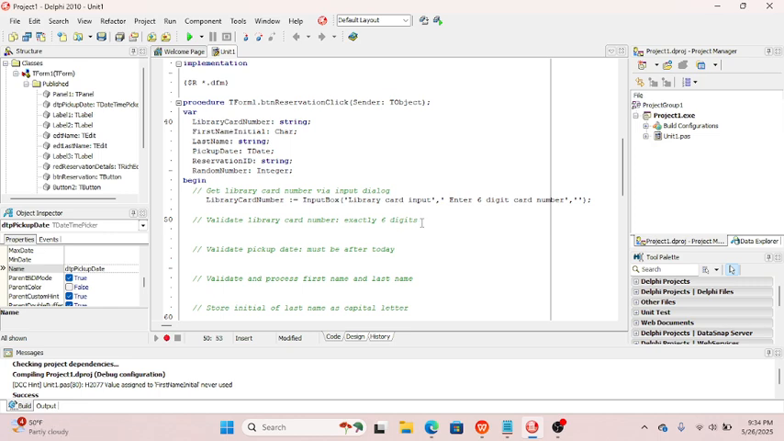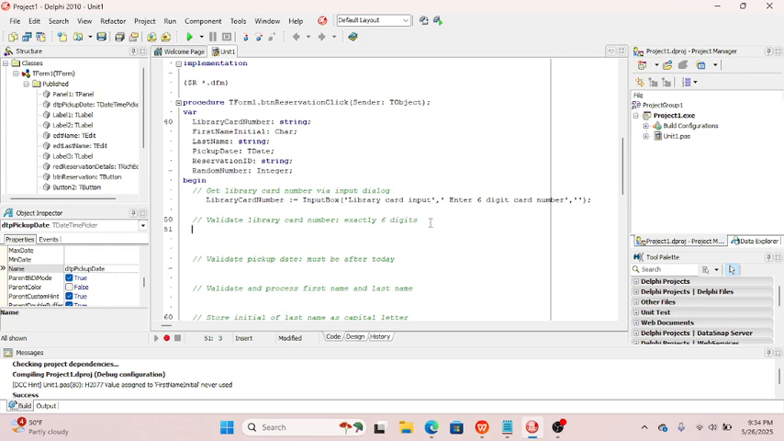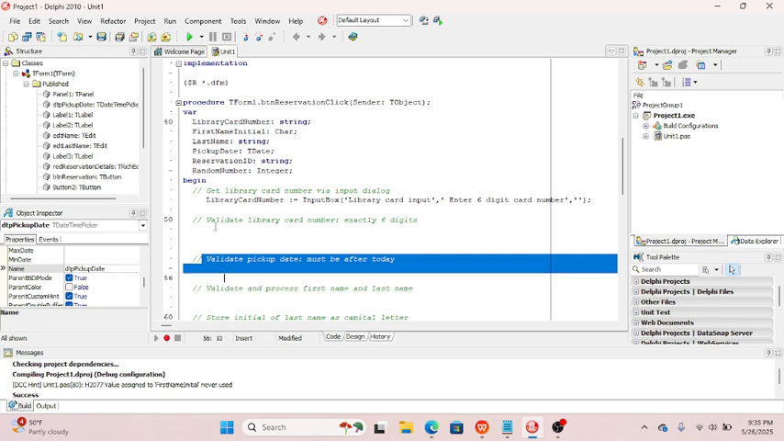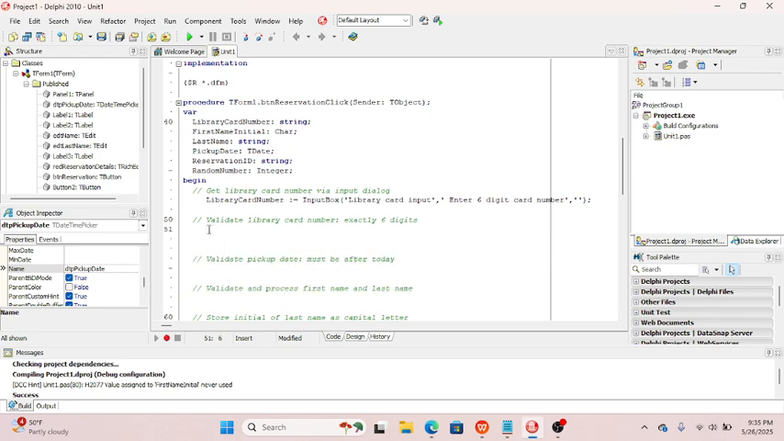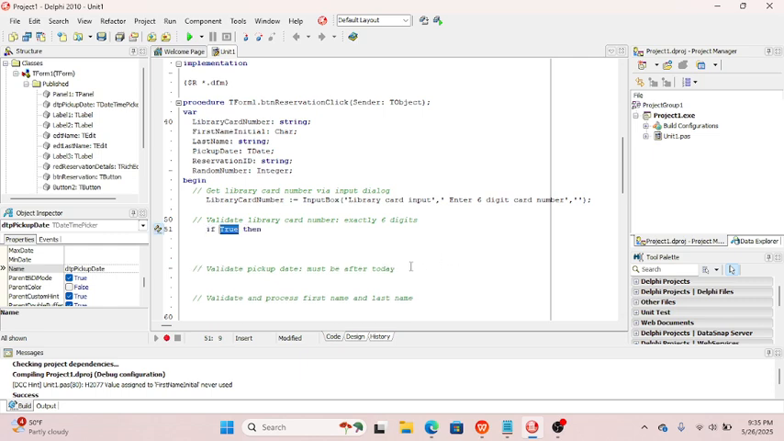The next instruction is to validate library card number to make sure that it is exactly 6 digits. Alright, so if it is not exactly 6 digits, they want the program to stop. Alright, they don't want the code that you write here to be read, because the program mustn't continue, because his initial input here is not right. So I'm going to show you how to do that. First of all, let's test that length. So if library card number